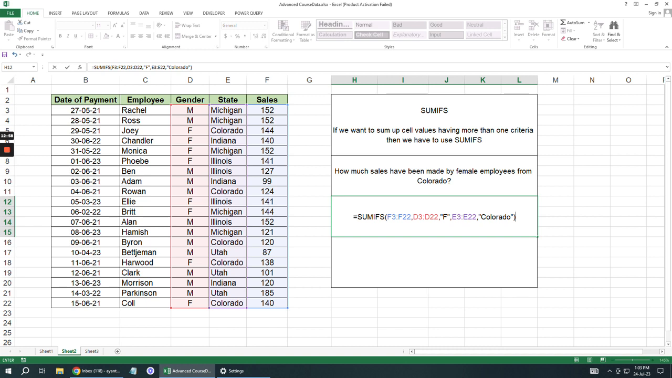In this case we have to remember one thing, that the criteria that we are supplying should be the same as it is written in the database. If it doesn't match, then the function will not be able to find out the values. So it is very necessary that whatever criteria we are supplying, we have to be careful while writing them. So I have supplied two criteria over here along with the sum range, and now we are hitting the enter key, and we can see it is showing